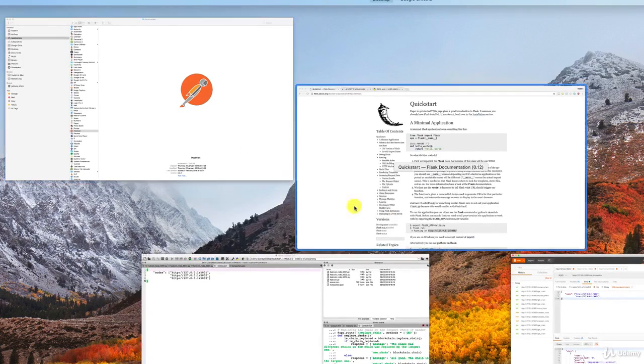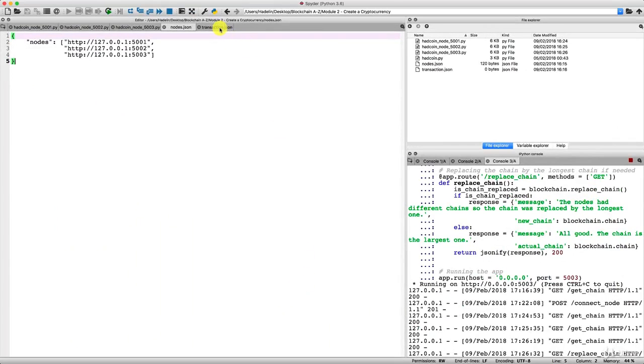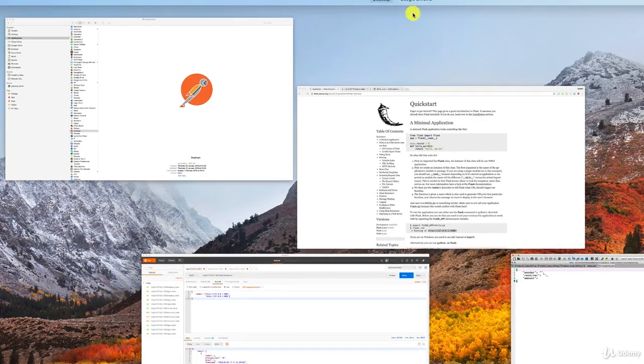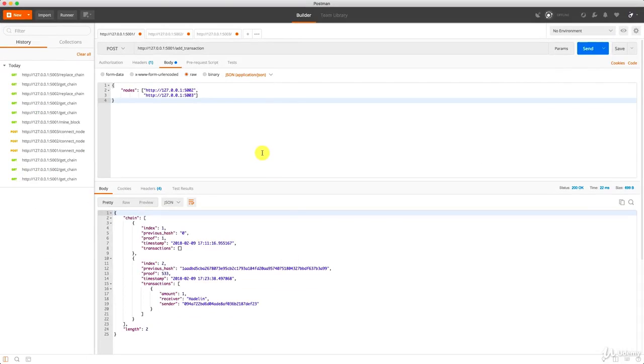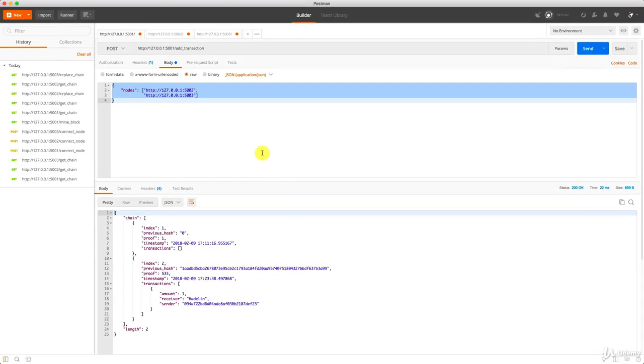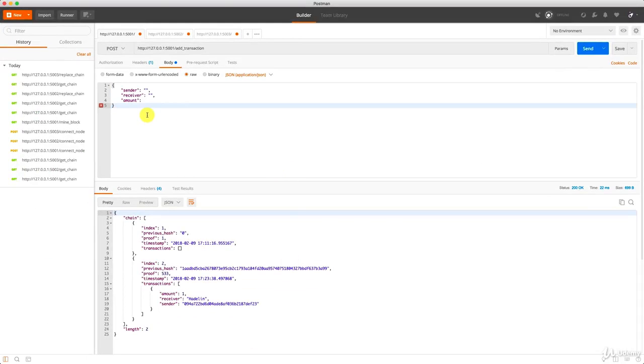so we'll go back to Python to get our transaction JSON file. Let's copy this, let's go back to Postman, and let's replace the previous JSON file for the nodes by the JSON file for the transaction. Alright, so this is going to be a transaction from myself, Adelin, to Kirill, because I'm sending some add coins